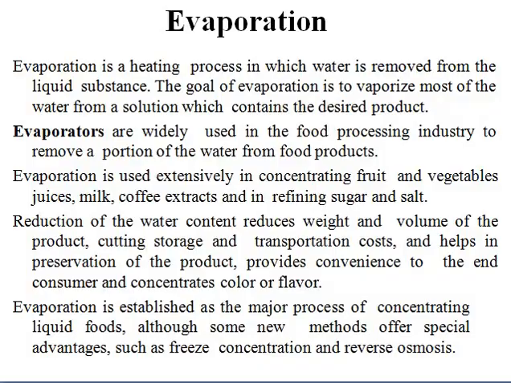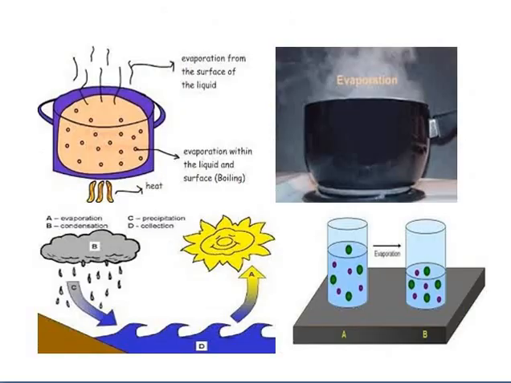So this is the general diagram. You can easily see here what is going on when we apply heat energy to our food product. The vapors are coming out from our food product. Here you can see we are supplying heat energy, the vapors are coming out, and these vapors go into the outer environment, and after getting into this outer environment the condensation is going to start. So this is the simplest phenomenon.